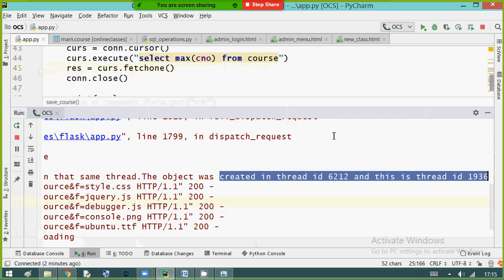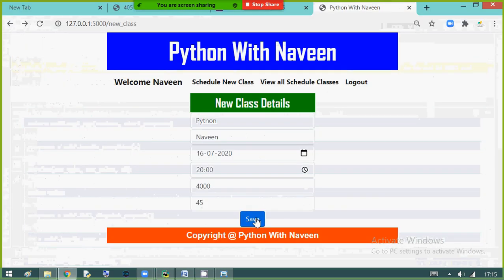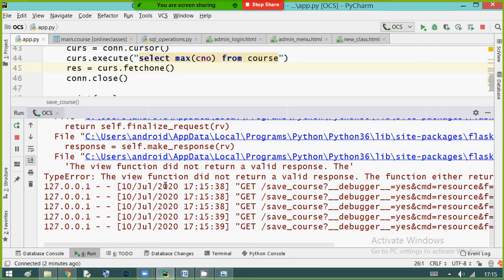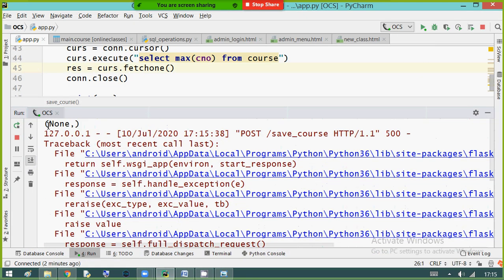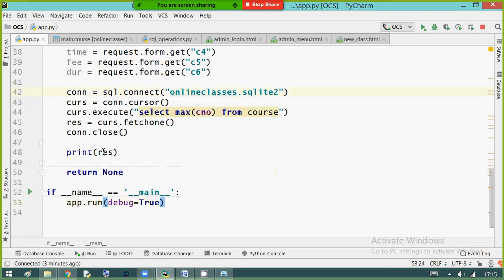Okay, right. Again, back. One more attempt. So what is the output I got? None. Observe, None is inside the tuple format. Why did I get None?